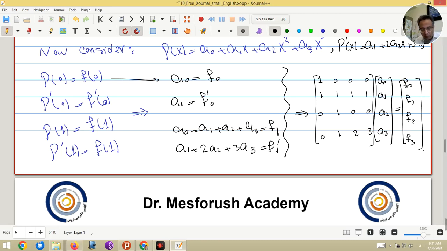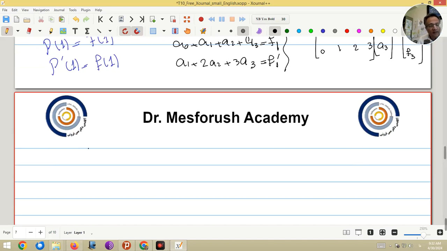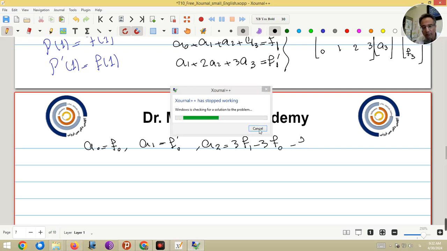Now if you solve this system of equations, you will get a0 equal to f0, a1 equal to f prime 0, a2 equal to 3f1 minus 3f0 minus f prime